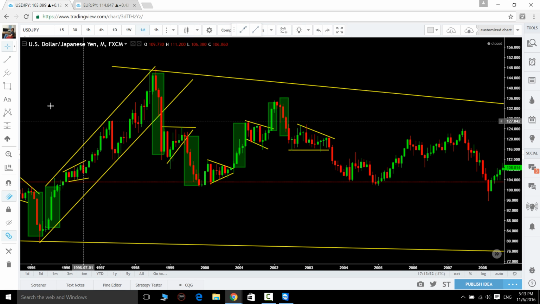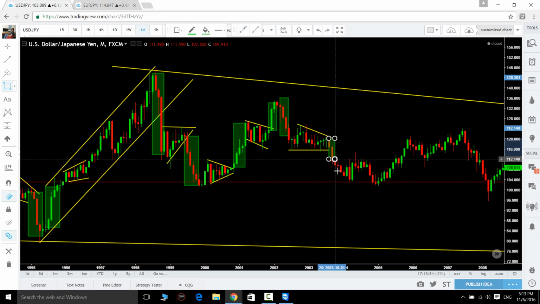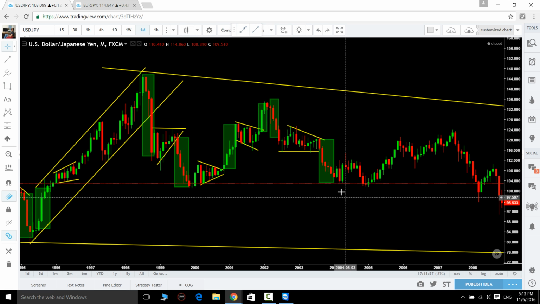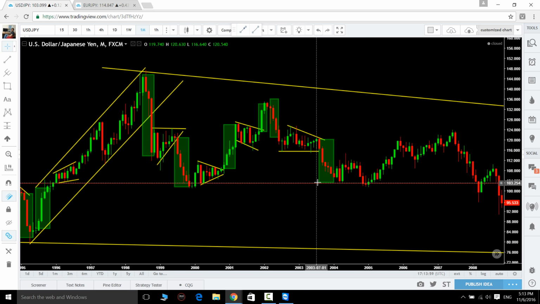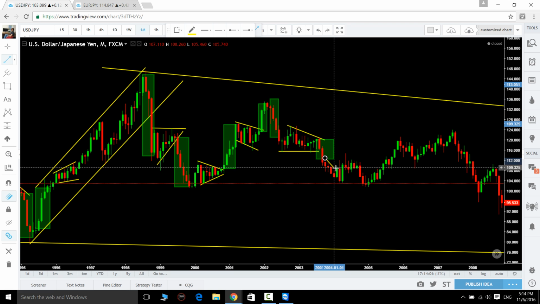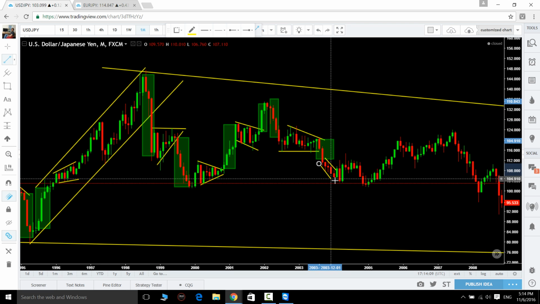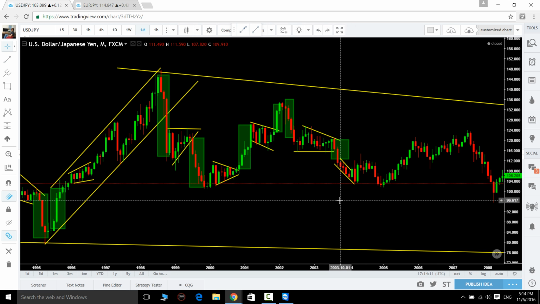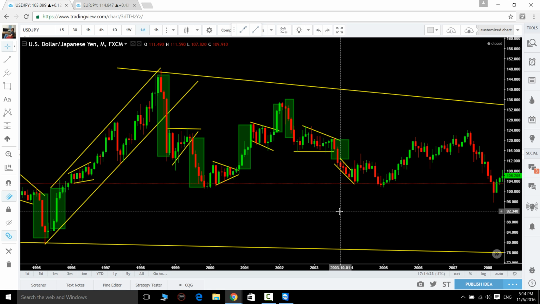Okay, and price broken to the downside with strong impulse, which means trend continuation. All right, and again we can see that price was forming a trend reversal channel at this point. You can see, but the candles are small here. We are on monthly time frame. When we get to the lower time frame, we will see that pattern clearly, that price was forming a trend reversal pattern, and after that